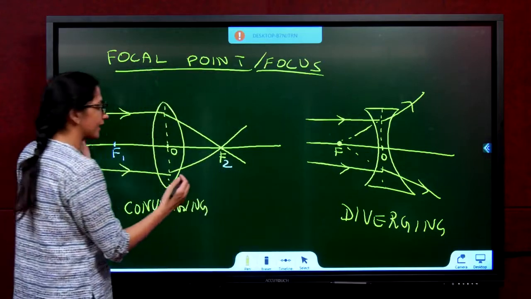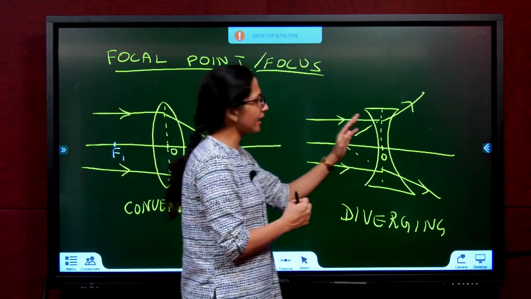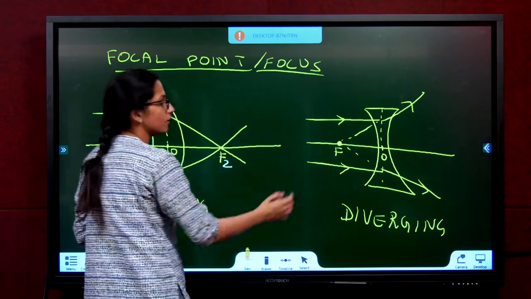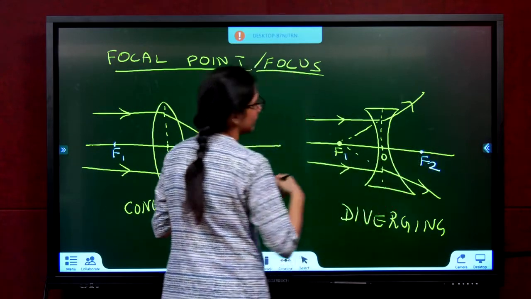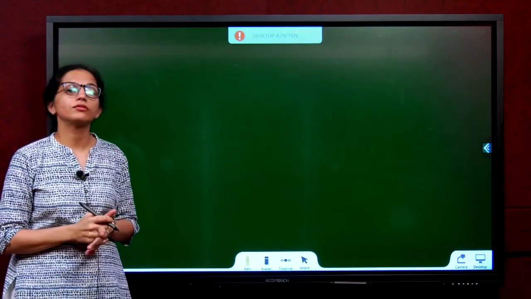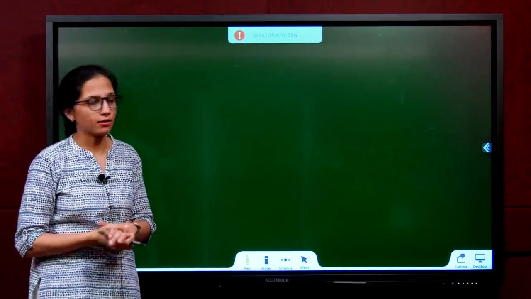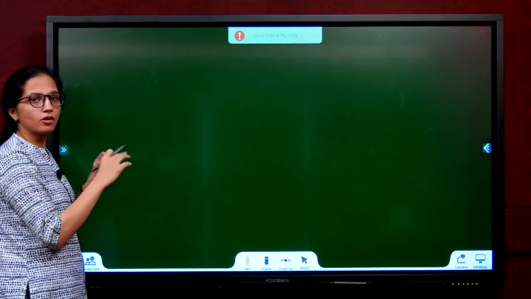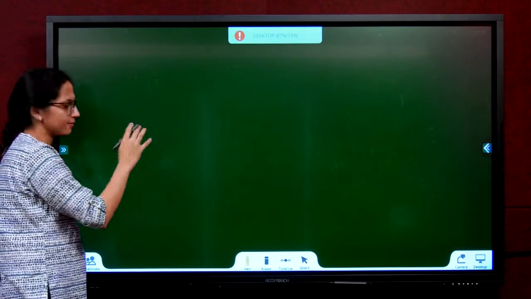This point is called the focal point of the lens. Just like how light can enter this side as well as this side for a convex lens, the same thing, light can enter this side or this side for a concave lens, which is why this one also has two focal points. Let's call them F1 and F2. Before we learn how to do the ray diagrams, let's learn how to draw the lenses and what we should mark. Some basics. So all of you take a compass and measure approximately 4 centimeters, just like how we did in mirrors.